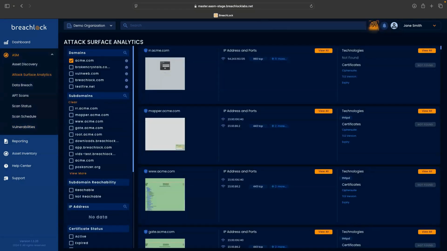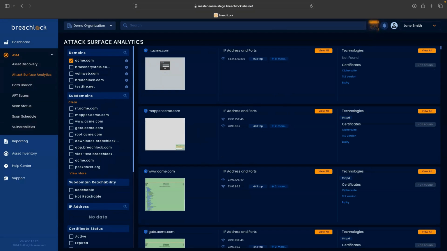Immediately, the user can see a lot of useful and valuable information. This is a view of anything discovered through asset discovery, and the screen represents a rolled-up view or visualization of two sections. On the left, you have the filters to tailor the view of the right side. You can see domains, subdomains, corresponding IP addresses, and more. The left side is a filtering capability, and the right side is the asset intelligence view based on the filters